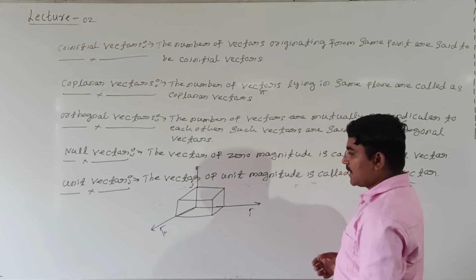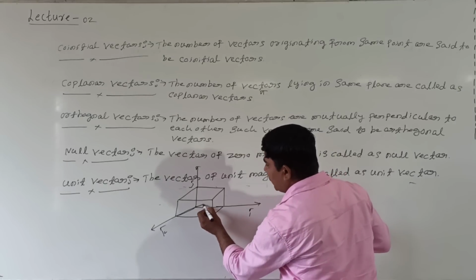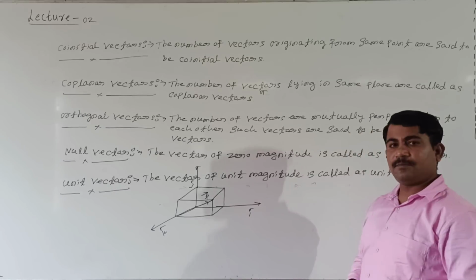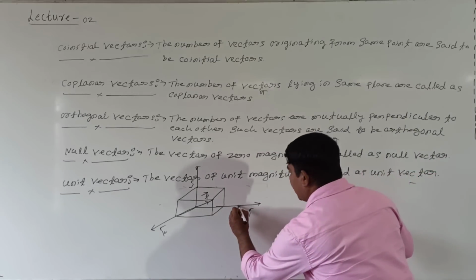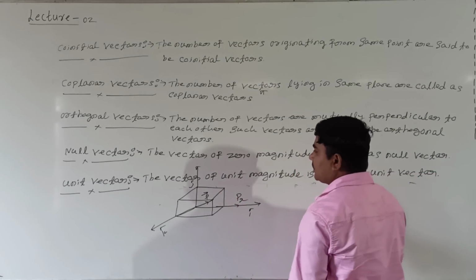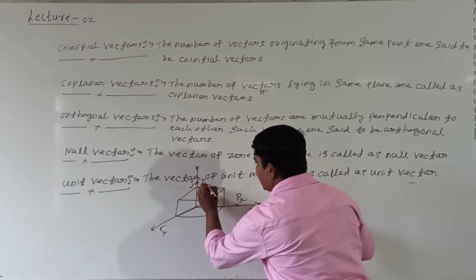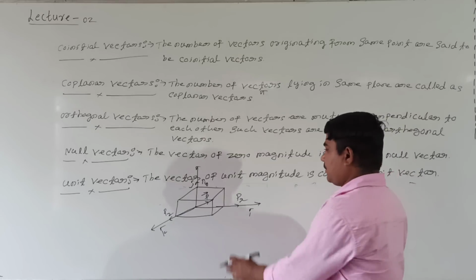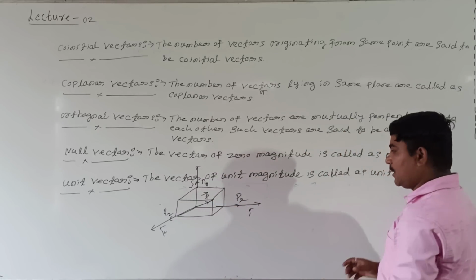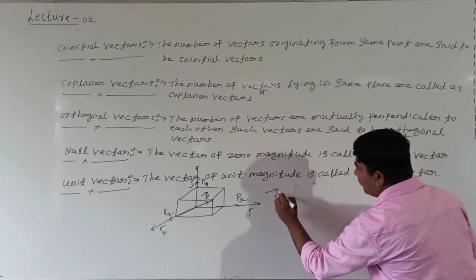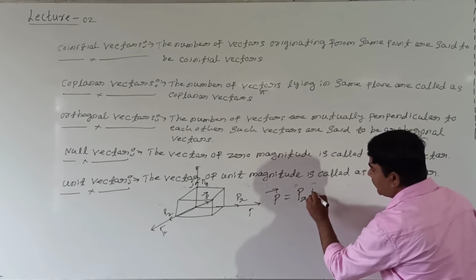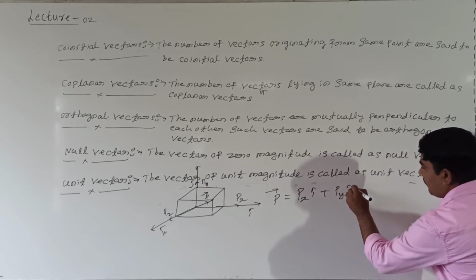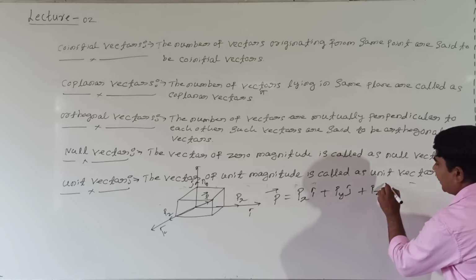See here, in this case, let us take any vector is available. This is one vector. This name is p vector. In p vector, has the component along x-axis as px, along y-axis component is py, along z-axis component is pz. Px, py, pz. How to represent that? In terms of unit vector, vector p can be written. Vector p can be represented px I cap plus py j cap plus pz k cap.